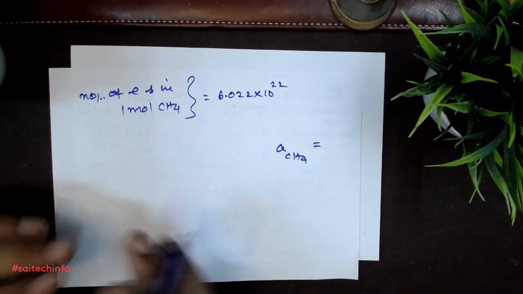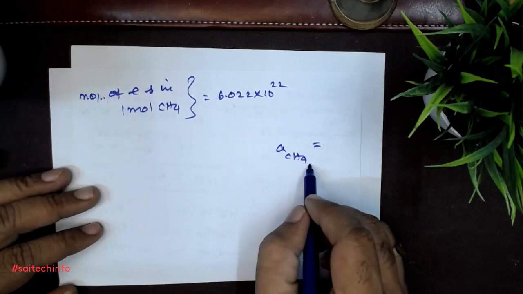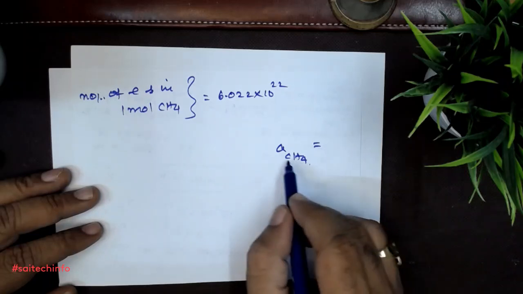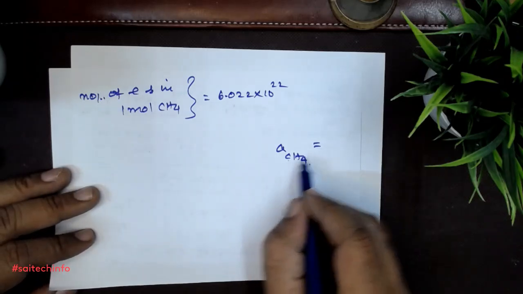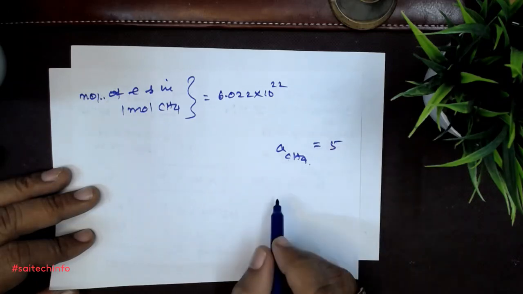Totally 5. That is C and H4, so if it is atomicity of CH4, you can call it 5,